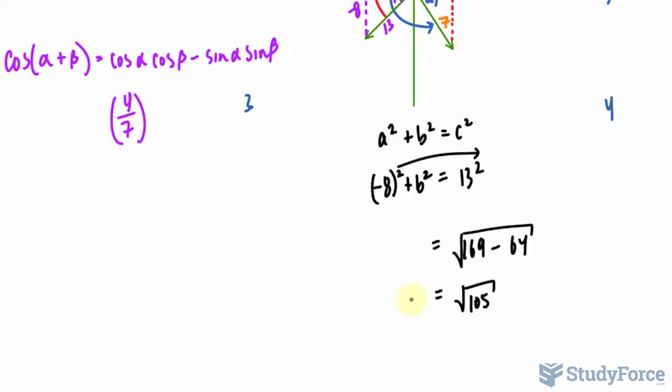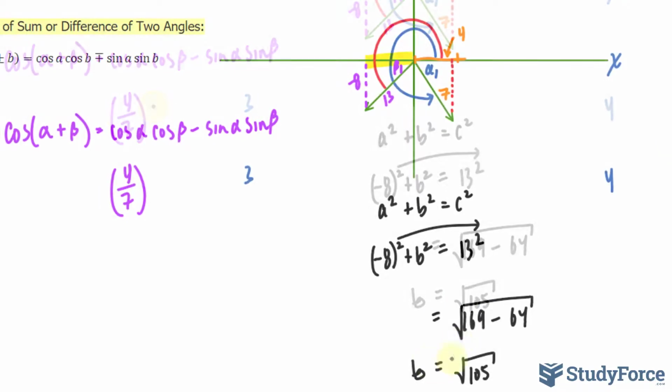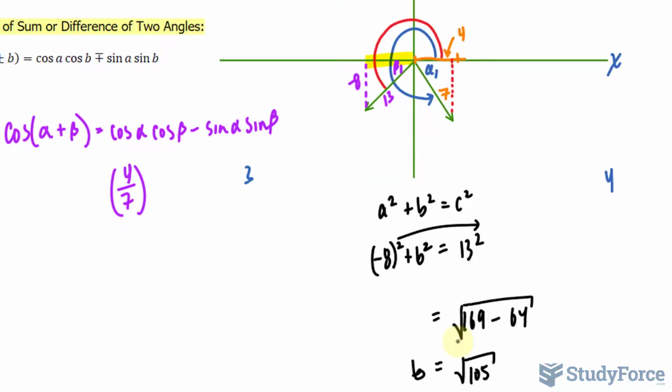Do not find the actual value as a decimal. This is better. And since the square root of 105 can be positive or negative, we will be choosing the negative version because we are in this part of the Cartesian plane. It's this way. X values would be negative. So I will write down negative square root of 105, that is my adjacent, over my hypotenuse, which is 13,